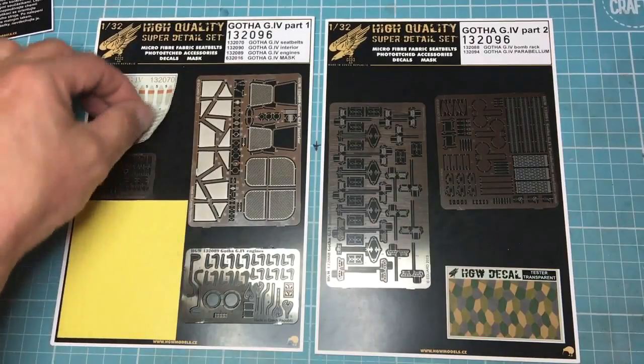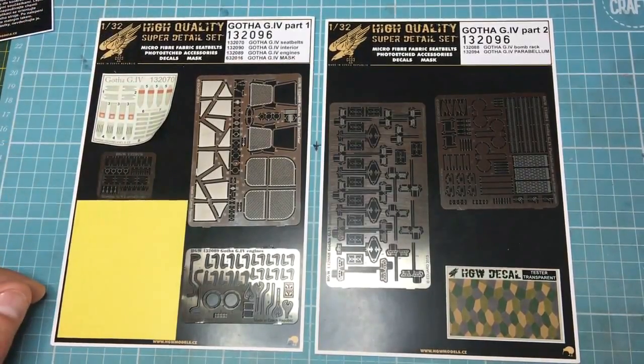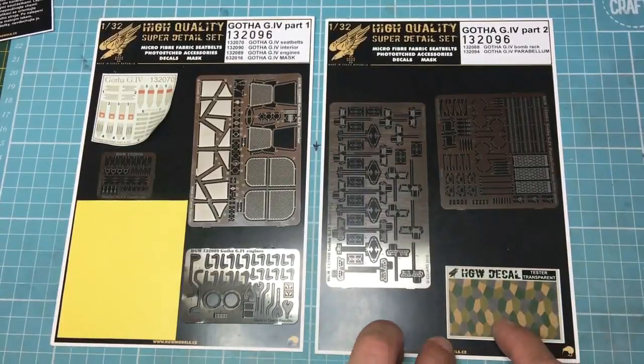It's not so much of a problem, they're laid out such that you could cut them out quite easily. More of that later. We've got a set of masks here, which is a nice addition. And down in here, HGW are giving you a free